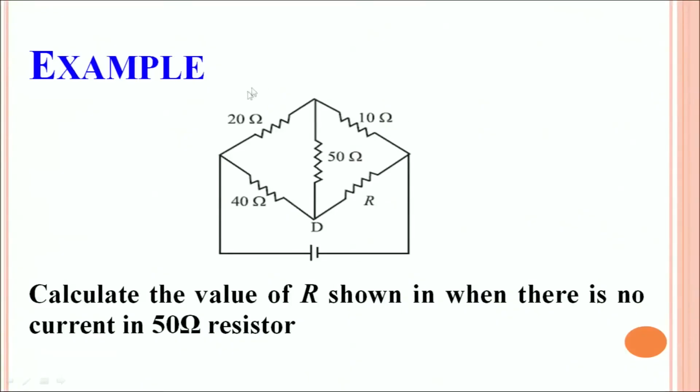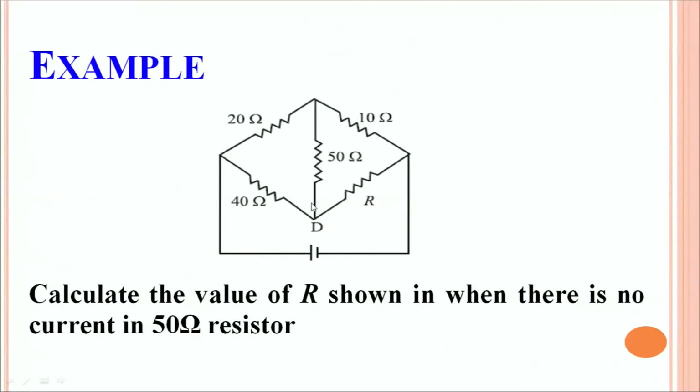Now, let us study an example where we can apply the concept of Wheatstone bridge and obtain the value of an unknown resistor. The question given is, you are given a Wheatstone bridge here, you have these four resistors, right? R is an unknown resistor. What is the change here? Instead of a galvanometer, there is a resistor of 50 ohm connected as shown here, and there is a battery which causes the current flow. The question is, calculate the value of R shown when there is no current in the